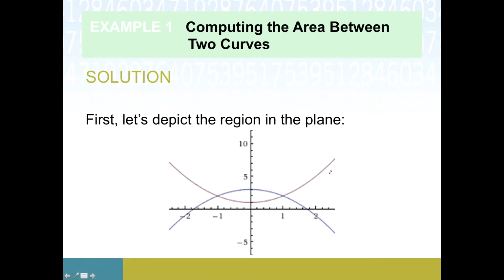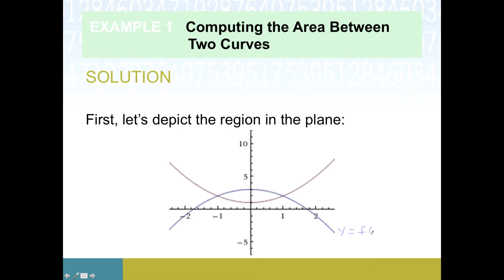Let's do f of x first. The function that's on top in this case is right in this region. This is the only area between these two graphs where it's an actually enclosed region. Sometimes your exercises will specify just find the area between these two graphs, and part of our challenge is figuring out what region is the appropriate one to study. So the region that's this Eye of Sauron looking thing here in the middle,